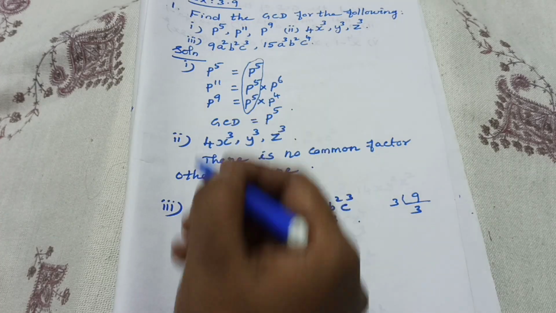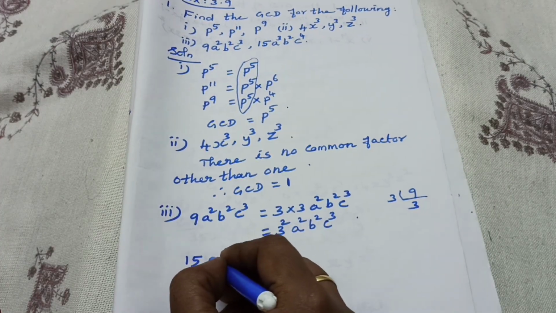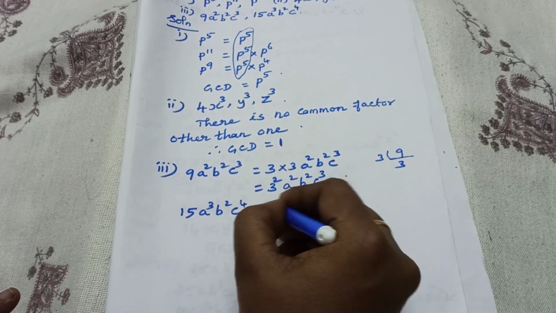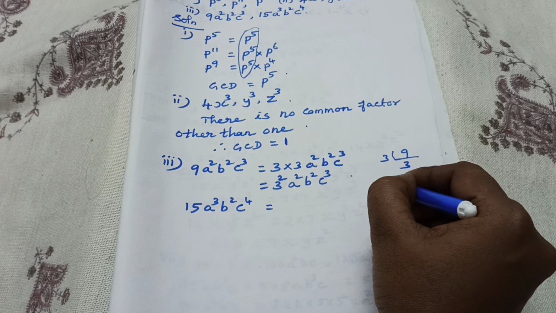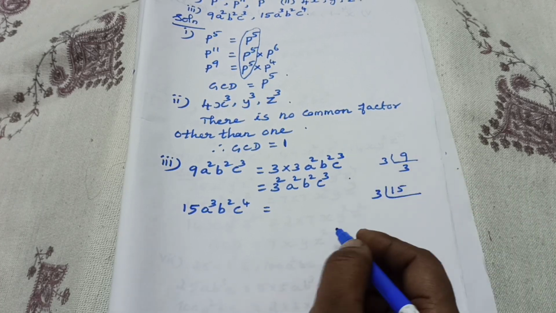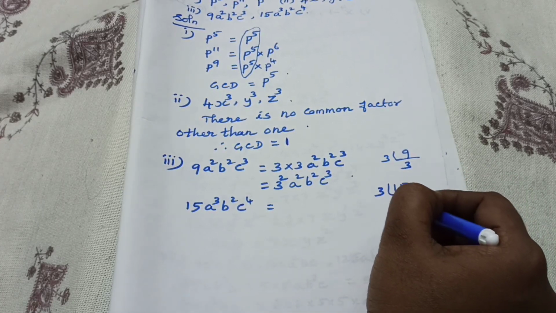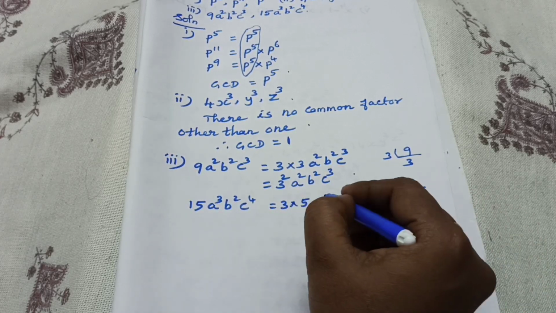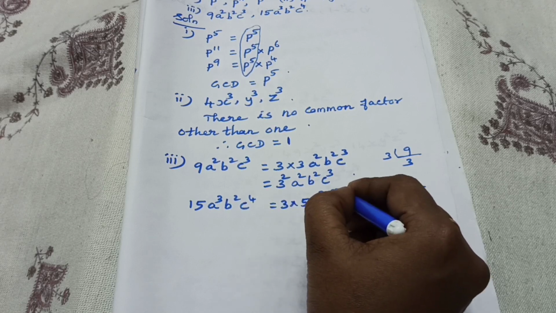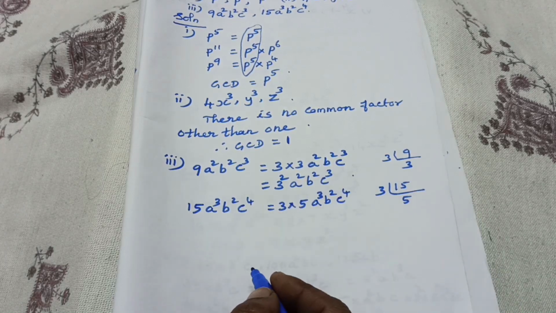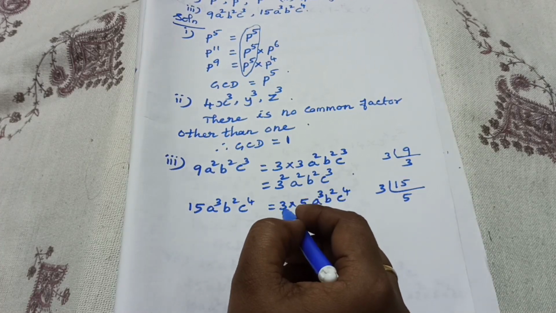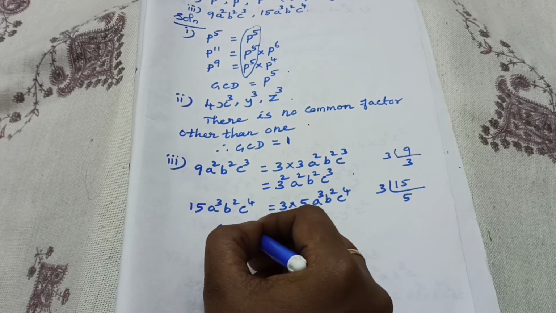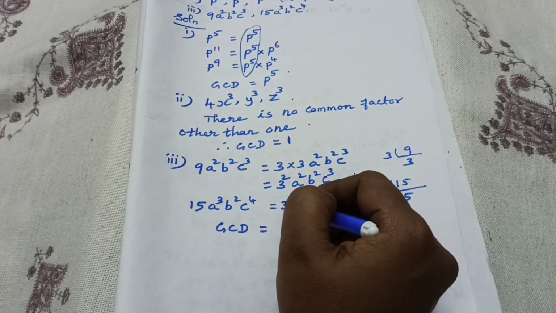Okay, am I correct? Then the second polynomial is 15a cube b square c power 4 is equal to 15 also. What are the factors you find out? 3 5s are 15, isn't it? So we can write it as 3 into 5. Then remaining a cube b square c power 4. Okay. Here what's the 3 power 1? 5 power 1 is there, isn't it? So how can we write the GCD? Therefore GCD is equal to this, to compare it.